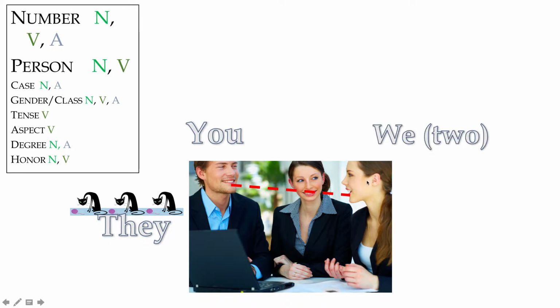We, you could say we two are going to do this. So this woman could be speaking on behalf of her and this other woman to this man. So that would be a first person plural, if she's speaking but including someone else along with her within that first person pronoun we.